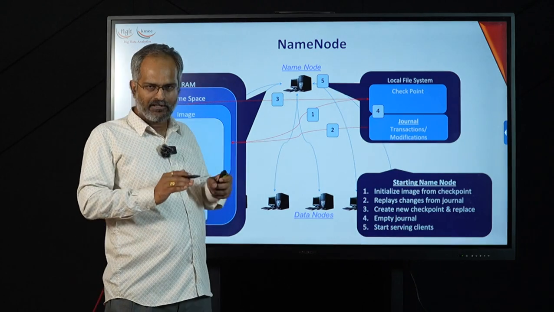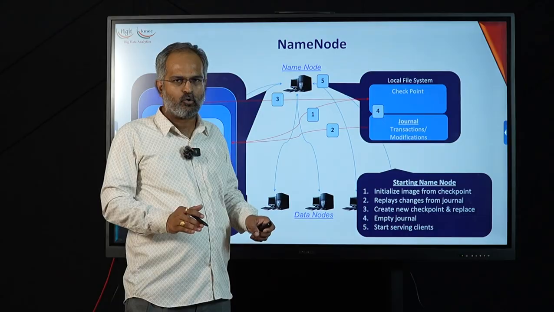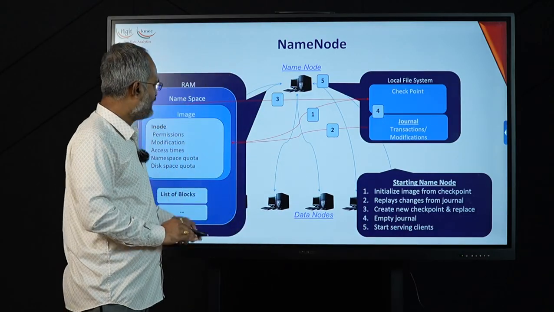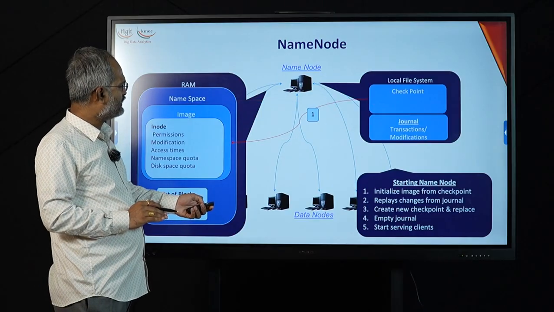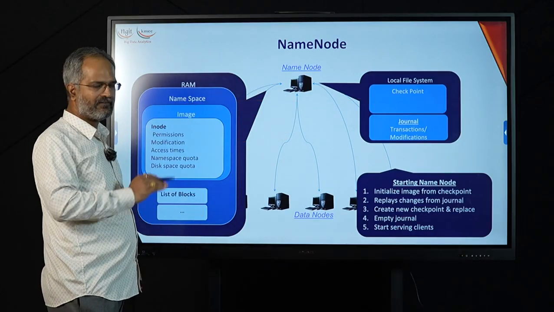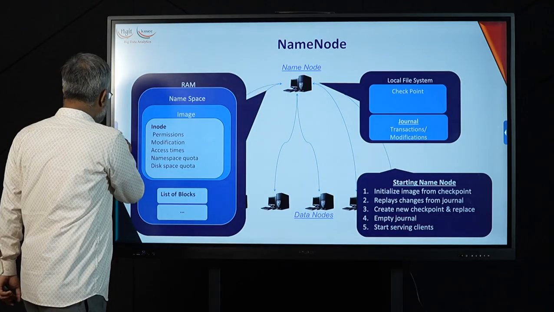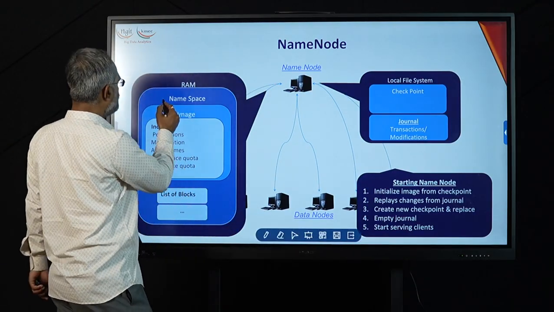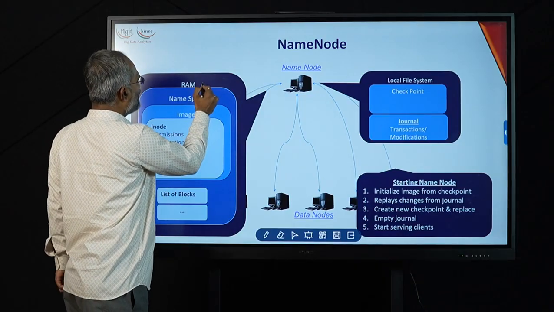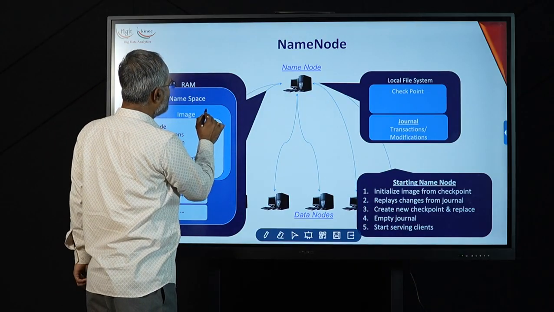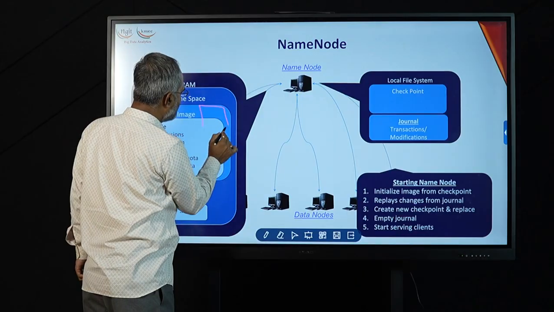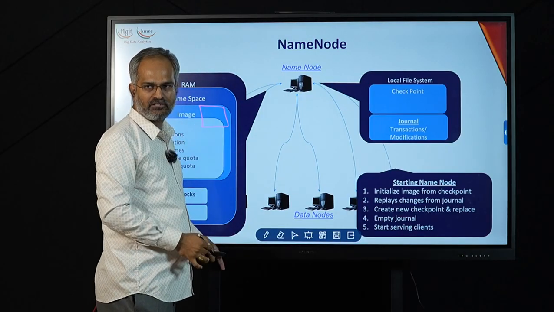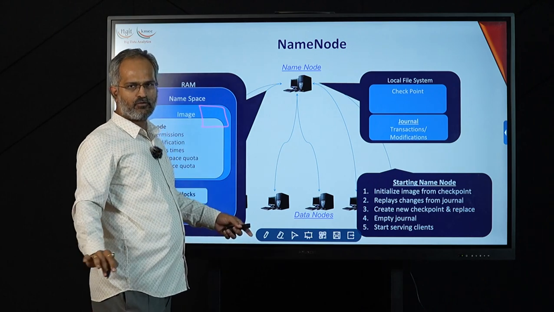Now I think you may not be able to understand it in one go, so I am going to explain in a different way. In the first stage, the RAM is empty, meaning that the namespace is empty, nothing is there. Now whenever you start the machine,